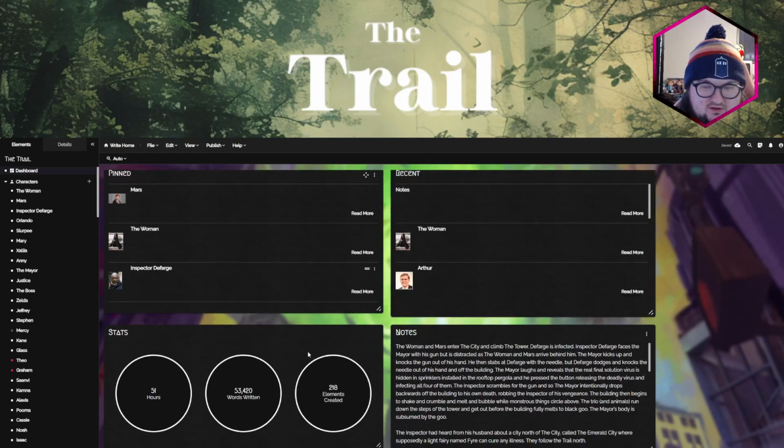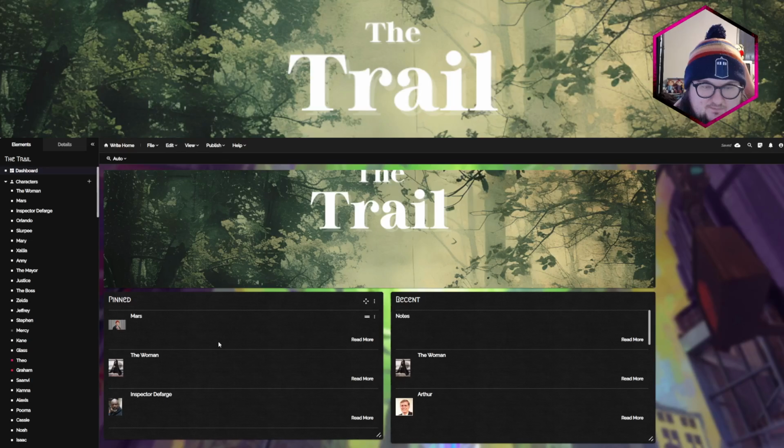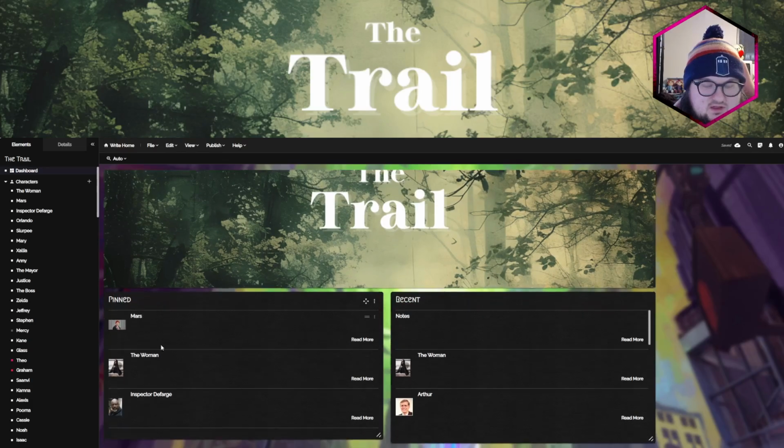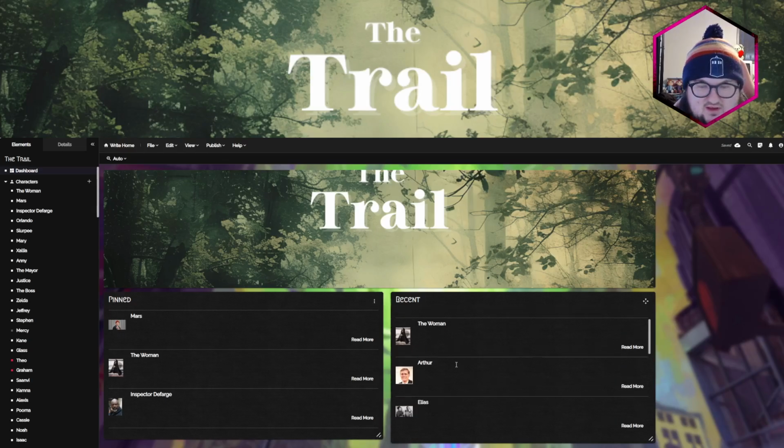And then on your dashboard here, there are pinned elements, so you can pin characters you want to have quick access to, or chapters, or locations, or bits of research, anything you want, so you have quick access to things. Recent will just show you the last things you were working on.